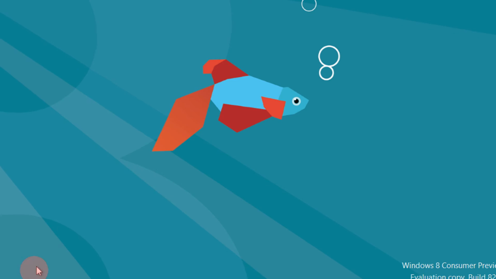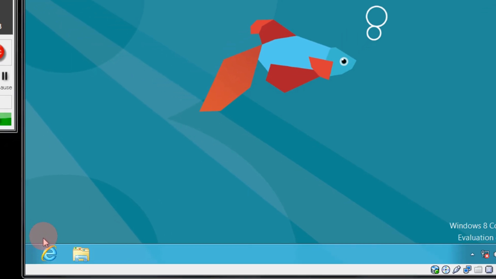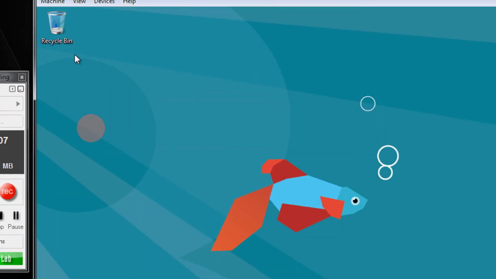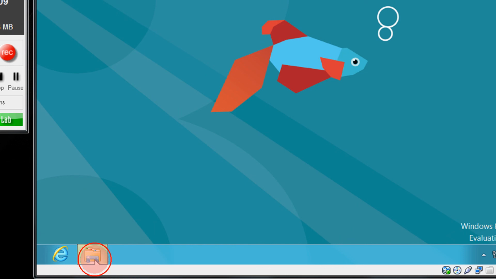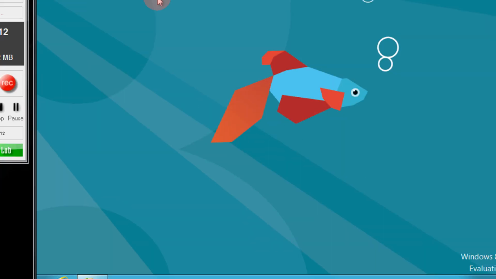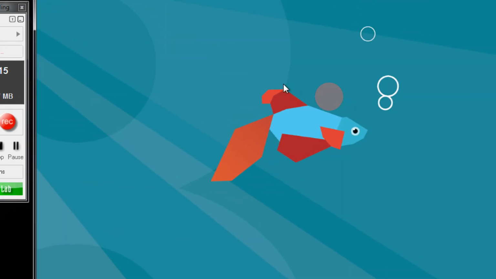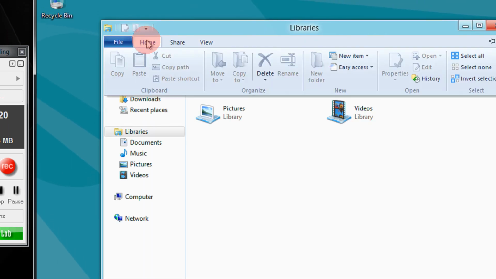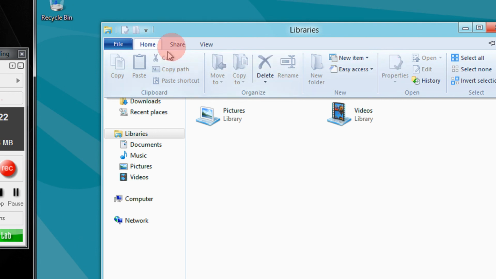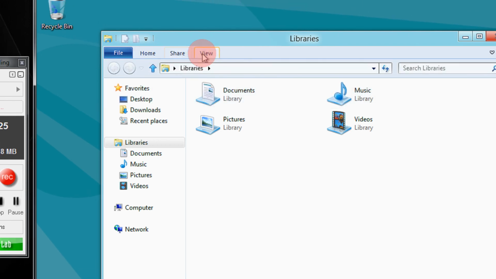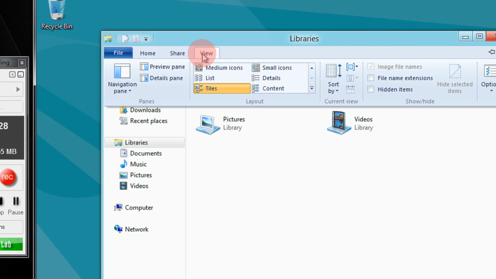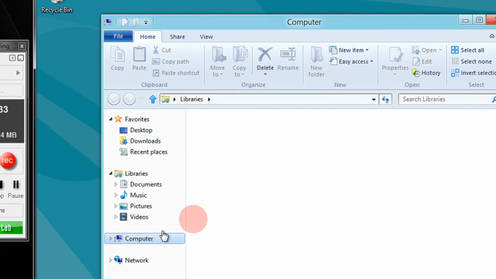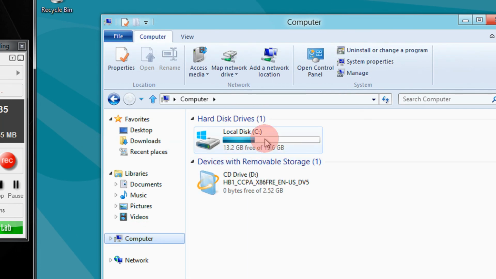Let's go to the desktop. As you know, Windows 8 has actually removed the start button from here. I don't know why. Let's explore Windows. One of the new things here is that Explorer now has a ribbon interface as opposed to the traditional toolbar, which is a good thing I feel. Windows 7 should actually have this. Some other options, UI and icons are more or less like Windows 7 only.